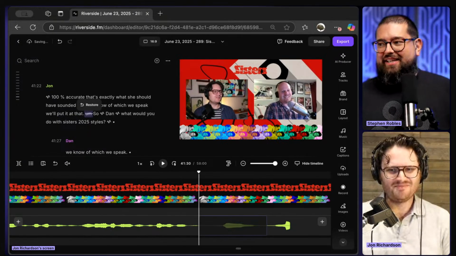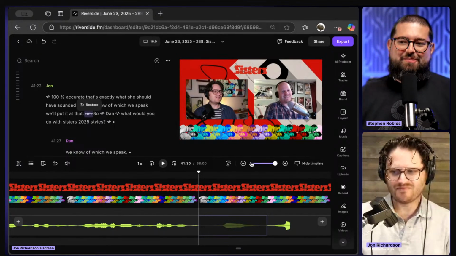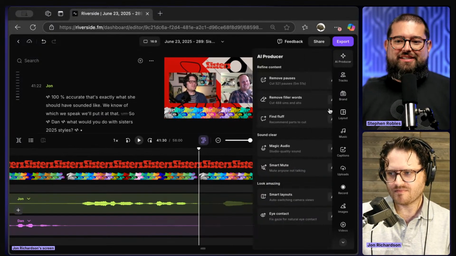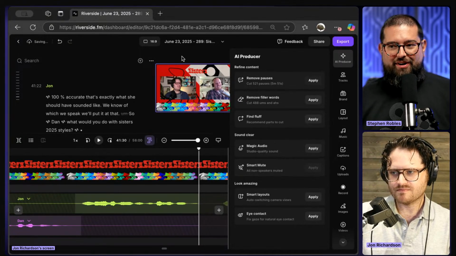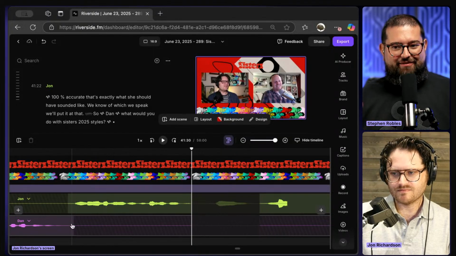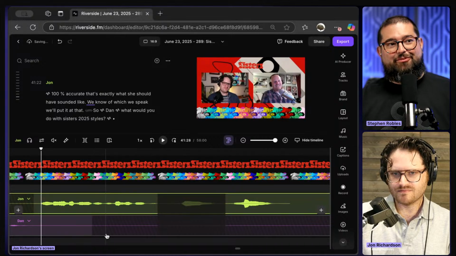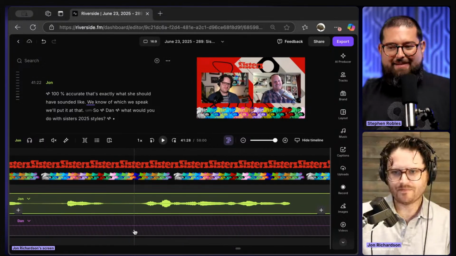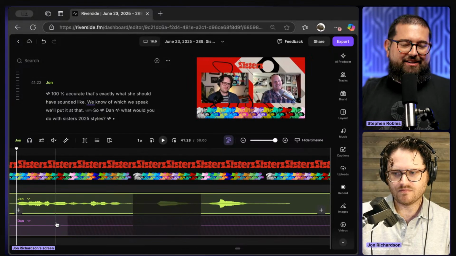And that's actually if you use the smart mute feature and then you expand the tracks. If you didn't know, here in the editor, you can see all audio tracks for however many people were in the recording. Once you've applied that smart mute, now you can drag and finesse those in and out points for all those audio blocks. So maybe someone laughed and smart mute cut it out because it was an overlap. We can go in there and bring it back just by dragging in and out, zooming in and out on the timeline.